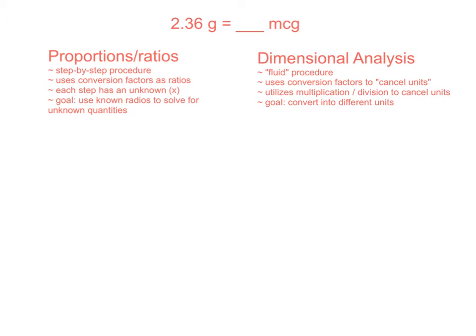In this video, I'd like to compare and contrast how we might use proportions and dimensional analysis to convert units. The example that I'm going to use to illustrate here on this first page is I'm going to convert 2.36 grams into its equivalent amount of micrograms. So very briefly, I just want to summarize what I've written up here, comparing the use of proportions and dimensional